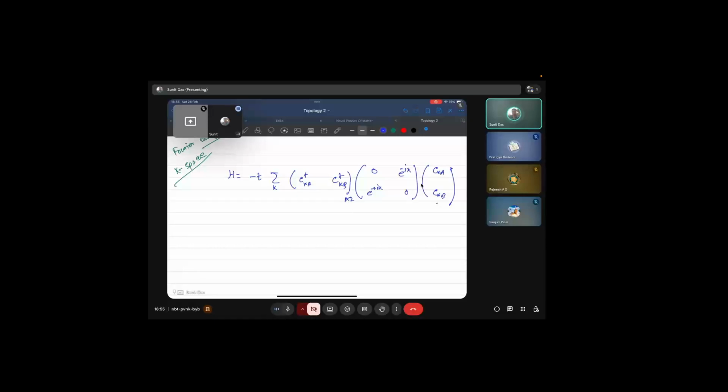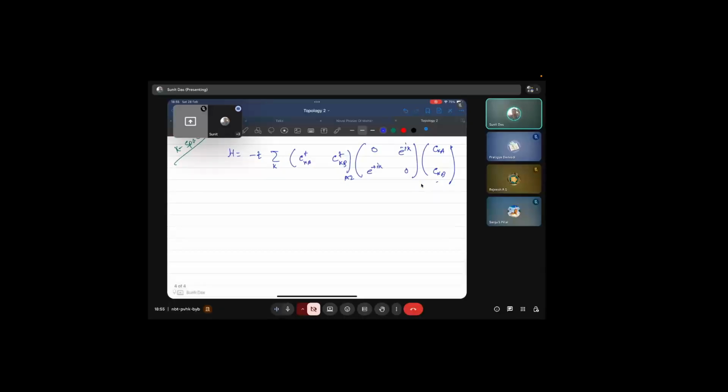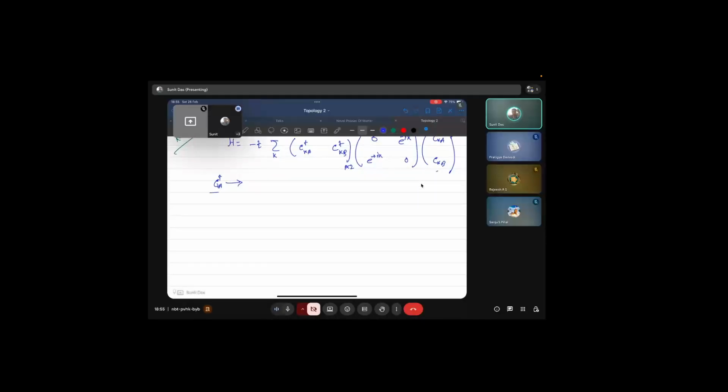So what we have essentially done is the Fourier transform. I had the operator C i of A dagger, right? And once you do the Fourier transform of this operator, L is the length of the system, let's say, and then you sum over k, e to the power minus i k. There are two i's, so I need to be careful. So i k delta, let's say, and then C k A dagger. Okay, so delta is the distance